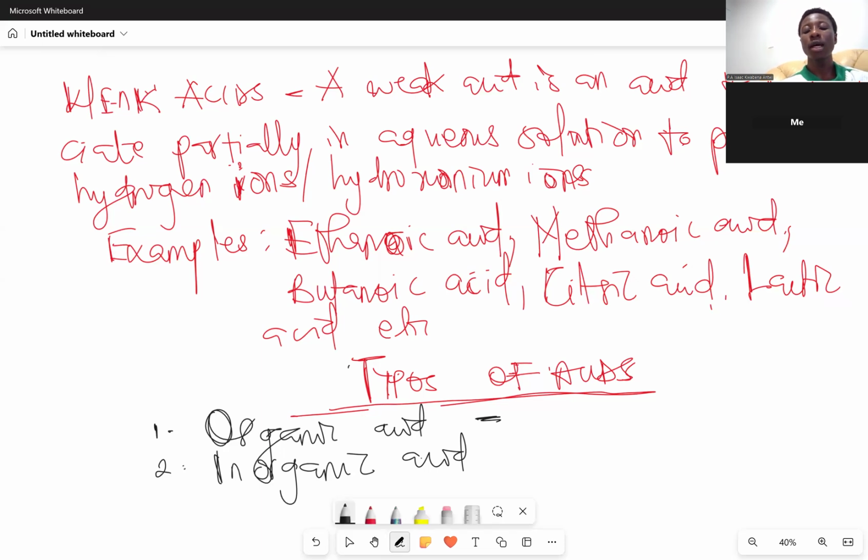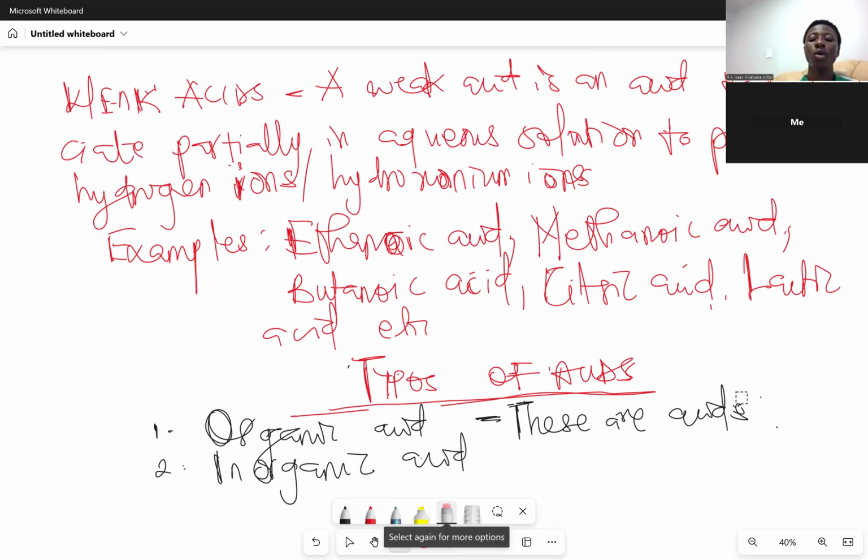So these are acids. These are acids. Oops, why is it not coming? Acids. These aren't coming. Do I even have space? Okay, let me just introduce a whole new sub here then, so that I can have space to write.